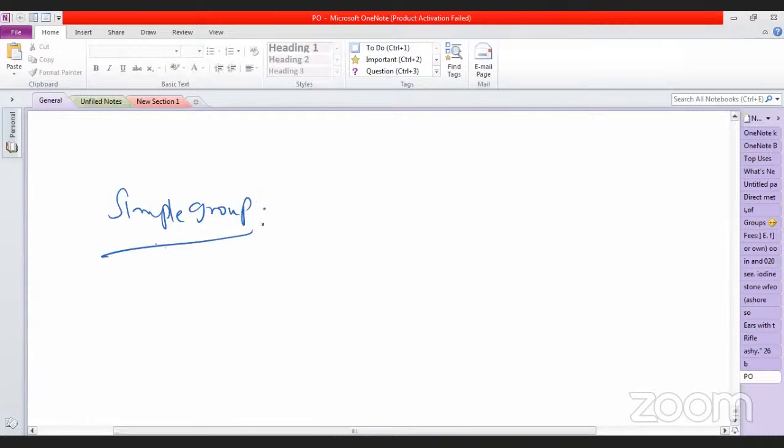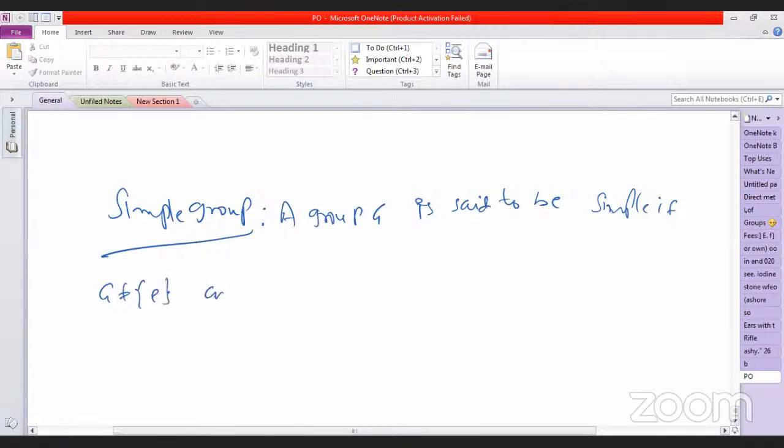Simple group means a group G is said to be simple if G is not equal to E and G contains no